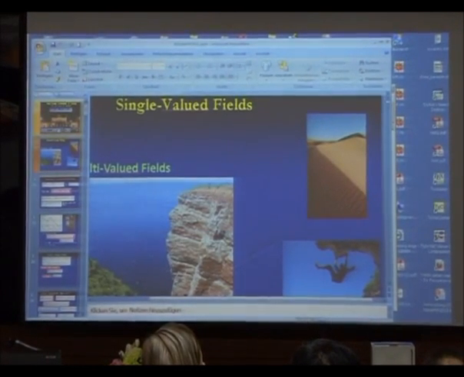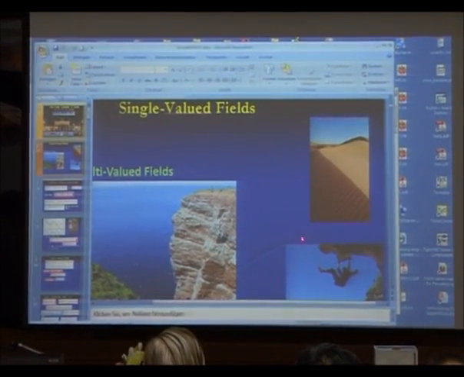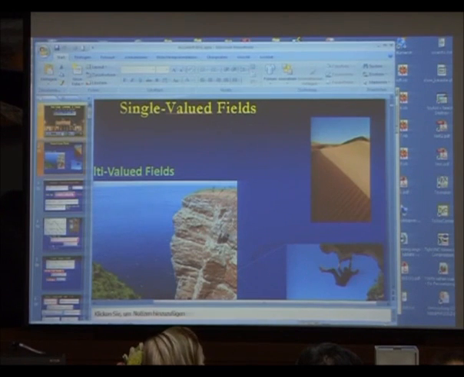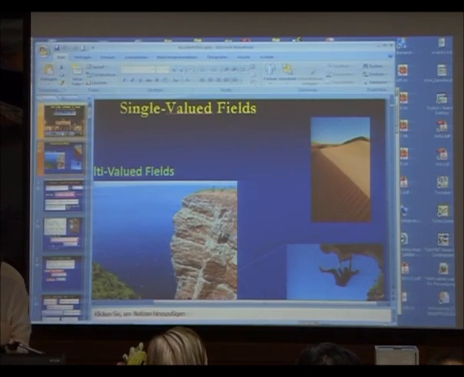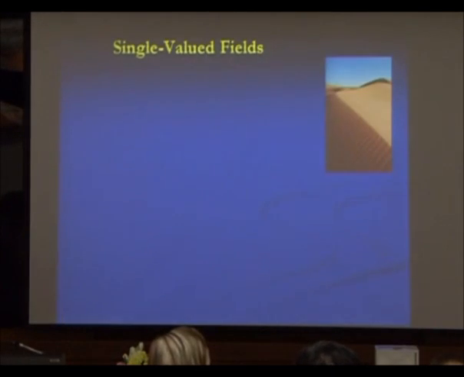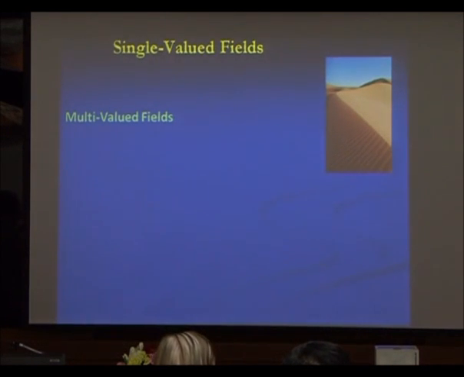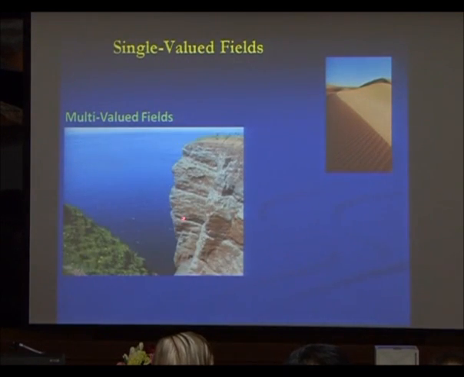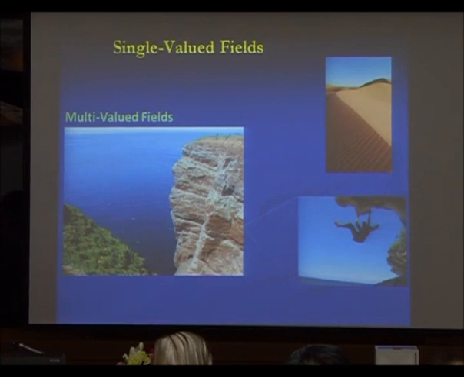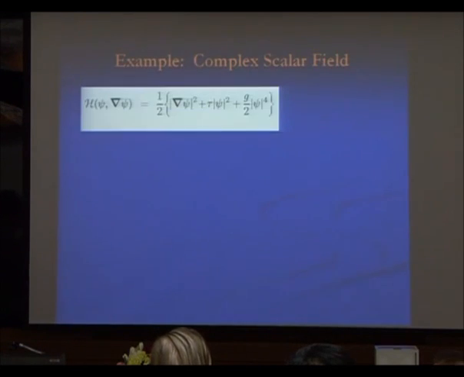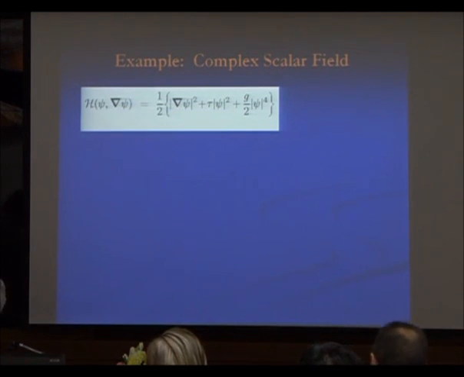Interesting. You see this so-called overhang, and that you have in a multi-value field theory. So here's the boring theory that everybody of you has learned. And what I wanted to show you is that there's a much more exciting theory where you have several values at each space-time point. And that's why the Austrians use it for their climbing. That's called yodeling. When the Austrians swing on them, they always yodel.